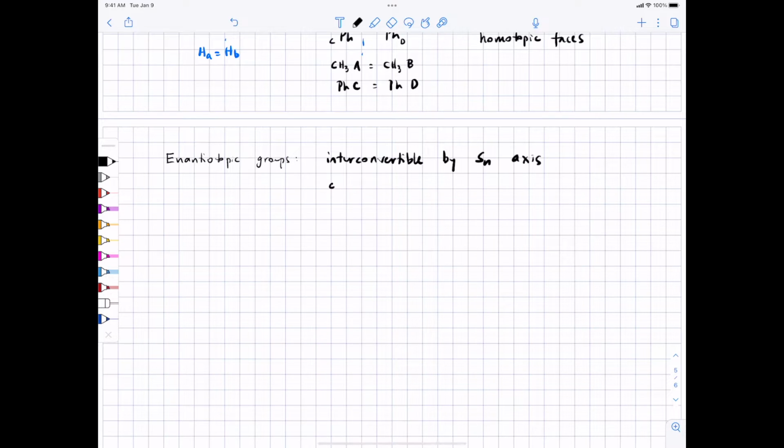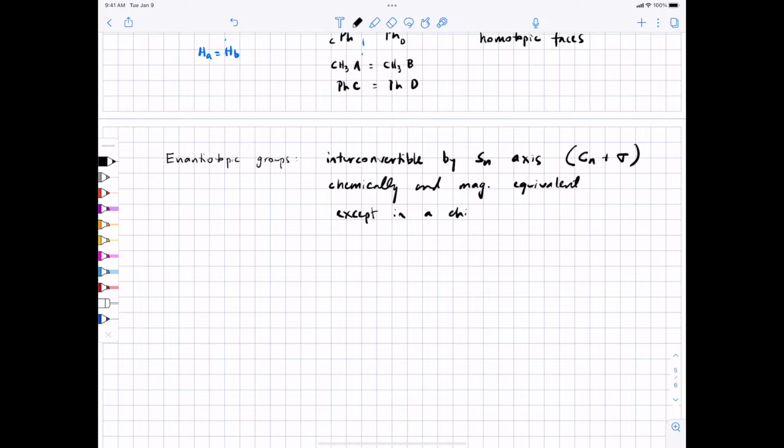And these groups are chemically, and remember, the SN axis is a CN axis plus a mirror plane rotation. They are chemically and magnetically equivalent, except